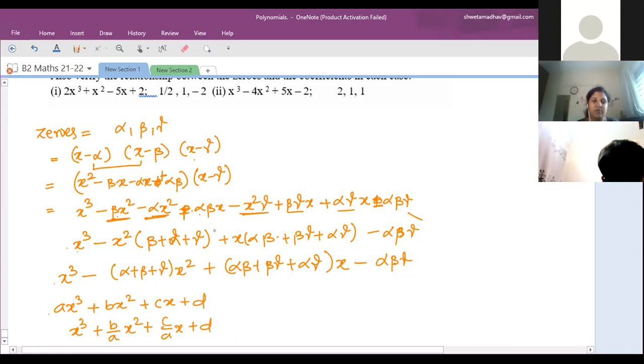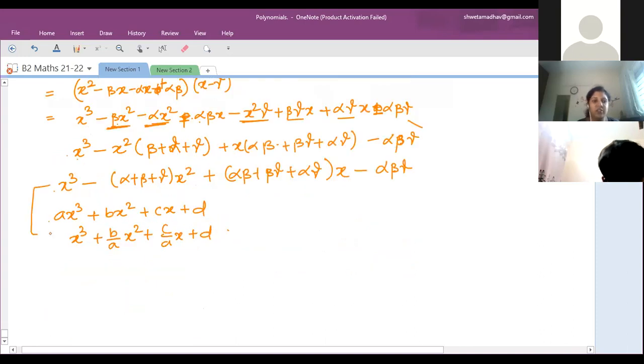Now compare this equation and these equations, which are exactly similar. So compare the values. What is the value of b by a? Ma'am, I didn't understand. Could you explain? This is the verification of the quadratic equations, you understood? Yes, ma'am. I didn't understand exactly the same way for the last three steps you did. So this equation and this equation are the same. To compare them, we need the coefficient of x cube to be the same, so we have divided by a.